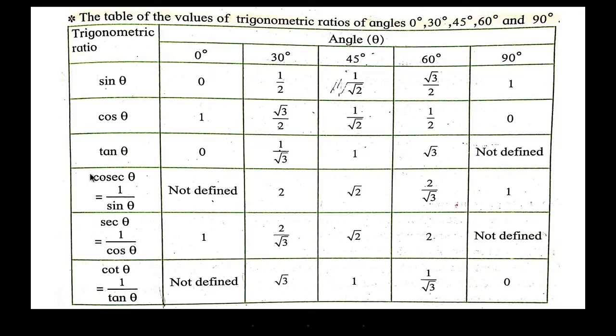Suppose you have to find the value of cosec of 0 degrees. Now cosec of 0 degrees is not defined. That means, we know that cosec theta is equal to 1 upon sin theta. So cosec of 0 degrees will be 1 upon sin of 0. Sin 0 is 0. So cosec will be 1 upon 0, and we all know that division by 0 is not defined, and therefore we cannot divide any number by 0, and that is why cosec of 0 is not defined.